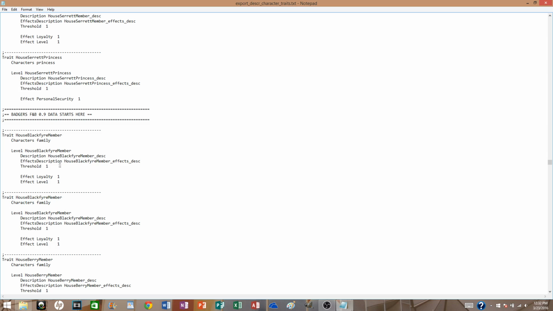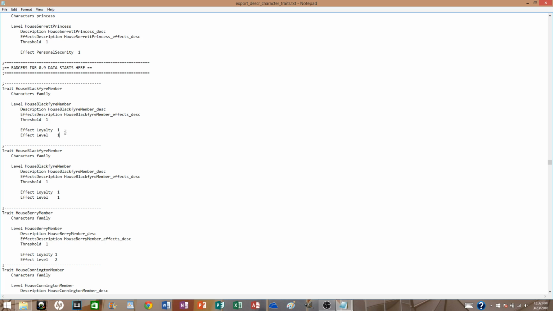So this is about as far as I know how to do giving your characters traits besides ancillaries. Anyways, just copy and paste what I've already shown you guys. Now, member of house, it's house member, but whatever. Just make sure you put it in as whatever you want it to be. So I want it to be Darkline,